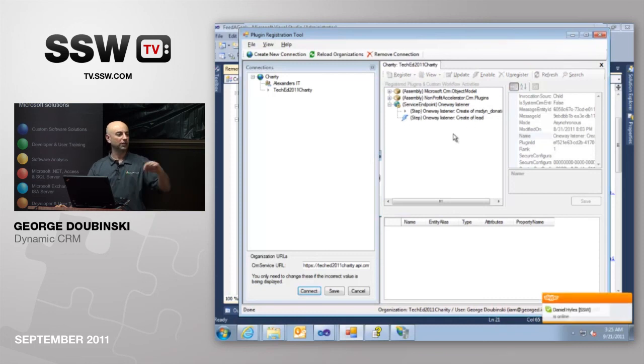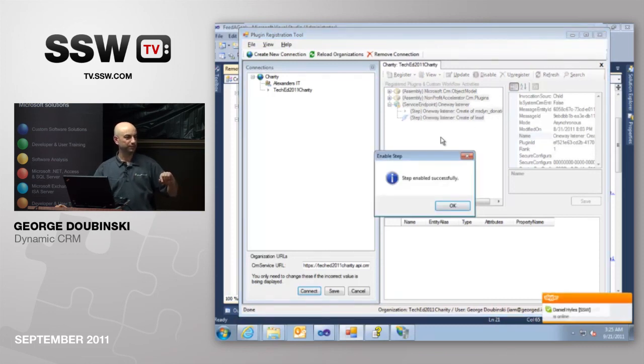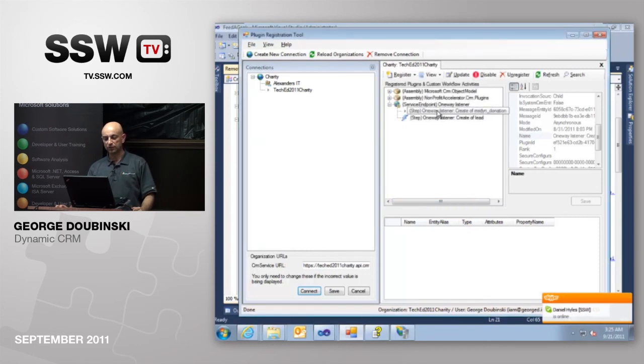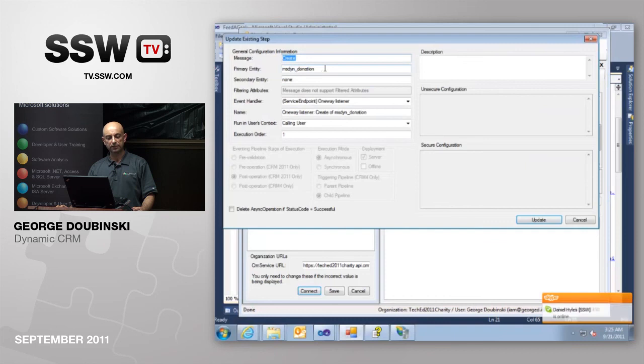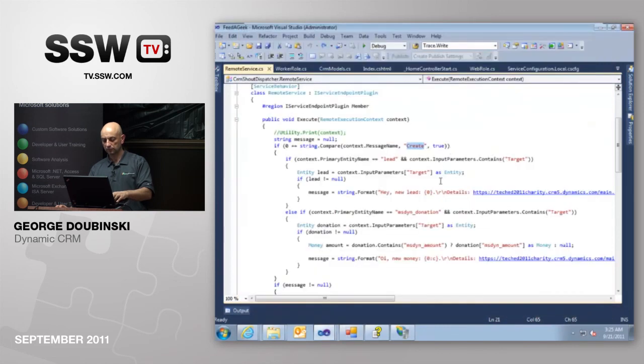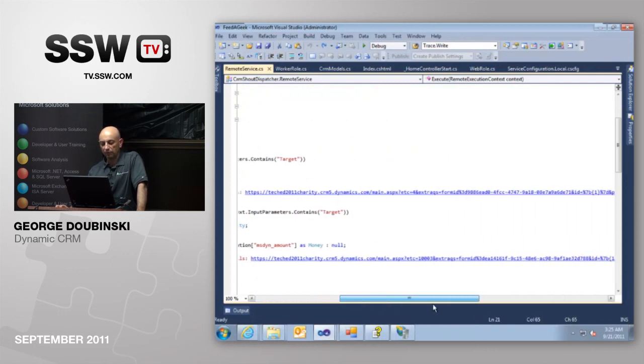I want to know when donations are received. Good idea, right? It's very similar to a lead, except it listens on a different entity: create message on the donation entity. What I do, I build a message, say, hey, new lead or new money, and I build a